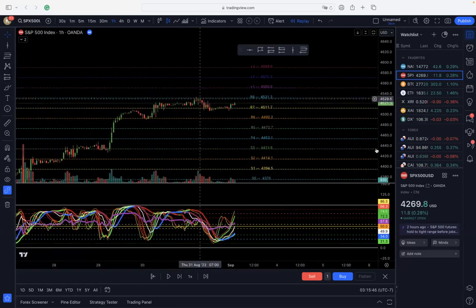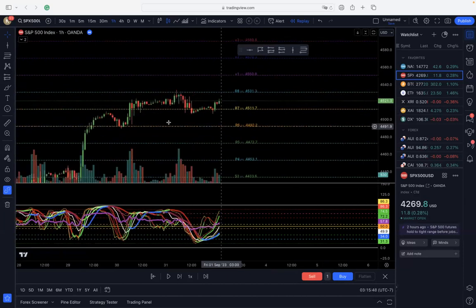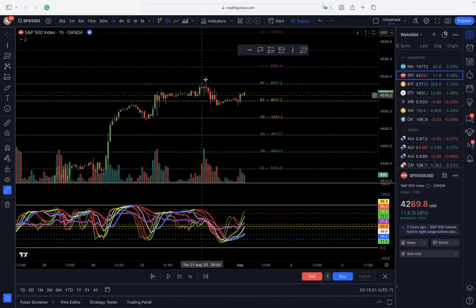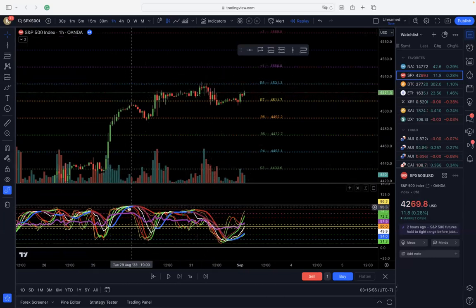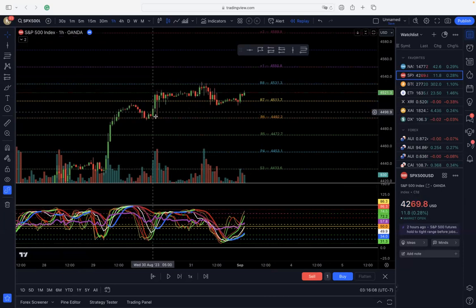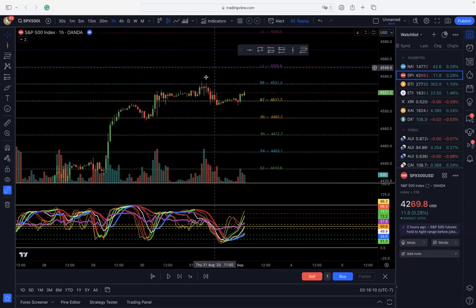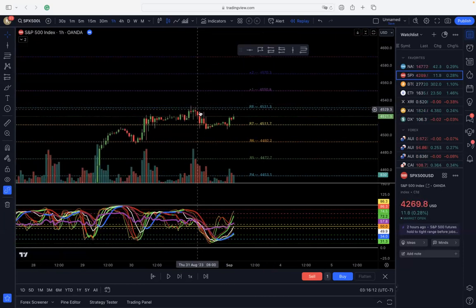For an example, this tap of the R8. We know our R8 of the pivots is where we're looking for a reversal. We see we already had everything busting over, everything here. So this was our first indication of a sell-off for the KJ Cash Sniper Scope. Well, actually, when we broke and closed above the R6 and we're headed towards the R8, we're like, okay, anywhere between the R8